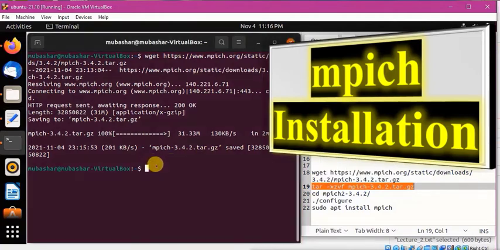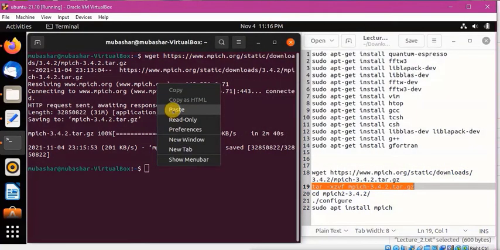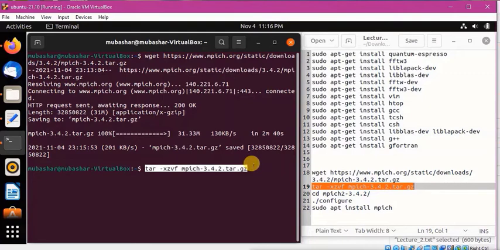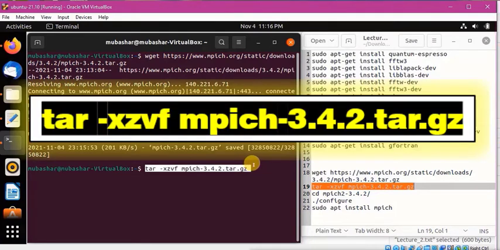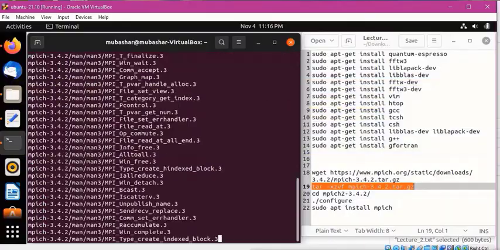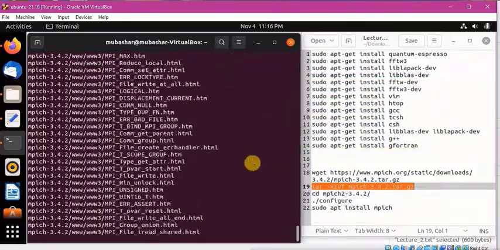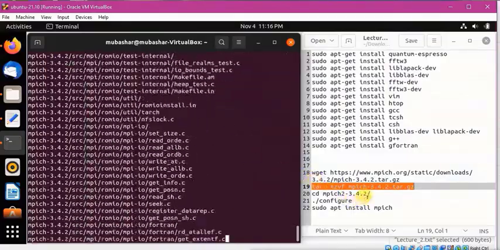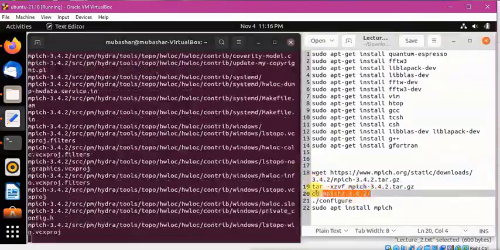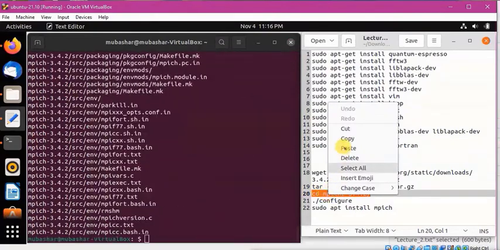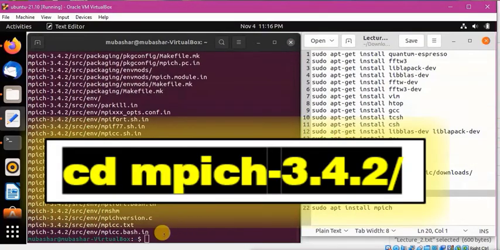After completing the downloading of mpich 3.4.2, for extracting the zip file of mpich 3.4.2, run this command. After extracting the files, go into the mpich 3.4.2 directory by using this command.